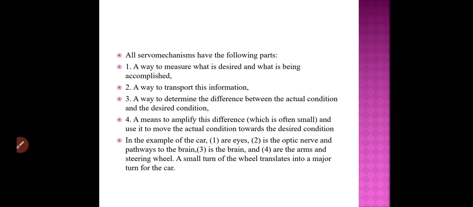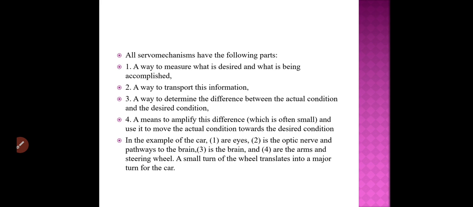Second one is a way to transport this information, and a way to determine the difference between the actual condition and the desired condition. Then the fourth element is to amplify this difference and use it to move the actual conditions toward the desired condition. In the previous example which we have discussed,